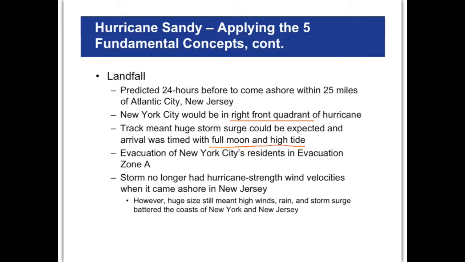Some people were evacuated in New York City. I guess they have it broken into various different evacuation zones, zone A, B, C, D, and E, etc. But only that one zone evacuated people. But even so, Superstorm Sandy was still pretty strong, even though it didn't have hurricane strength winds when it came ashore. It still brought a lot of water with it and produced a lot of flooding in New York City and